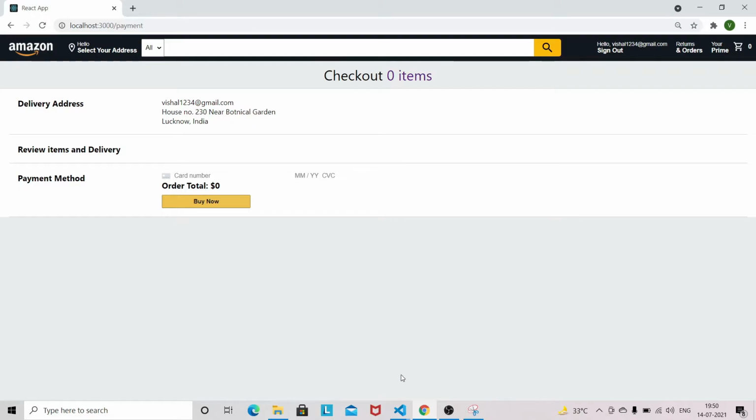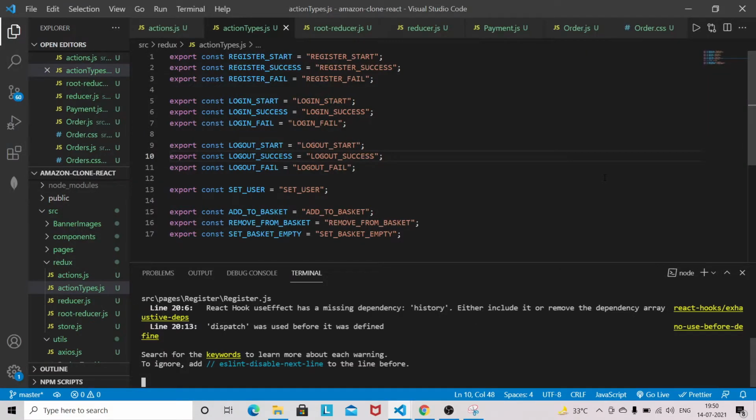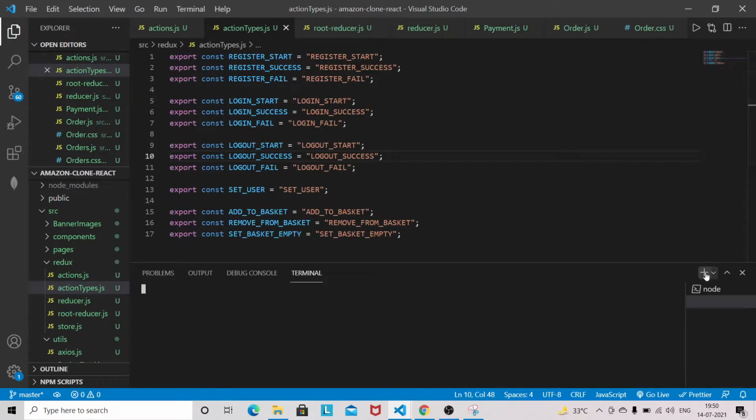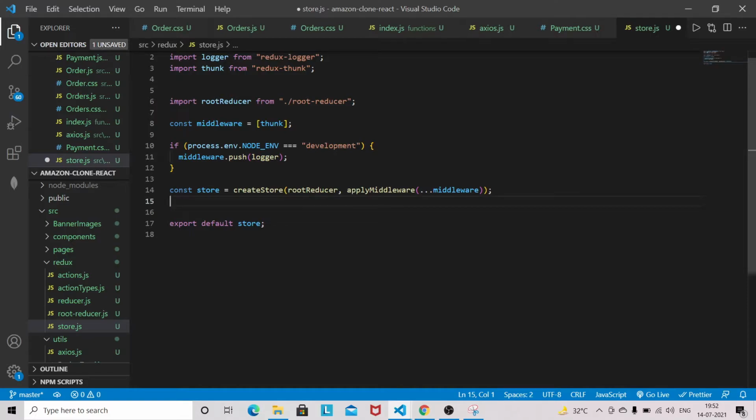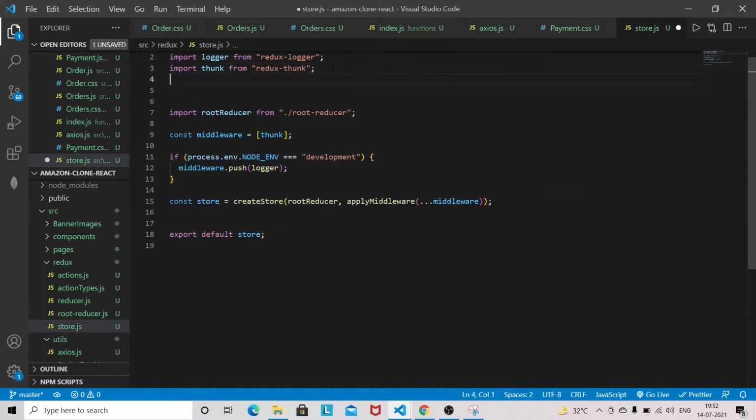If you already have an application, you can open it. I have already opened the project in Visual Studio Code. Now I am going to install one package here, and the package is redux-persist. We just have to adjust some code in our Redux. So let's install this package, then we will adjust some code. Our package is installed, so I'm going to do some modification in the store file first.